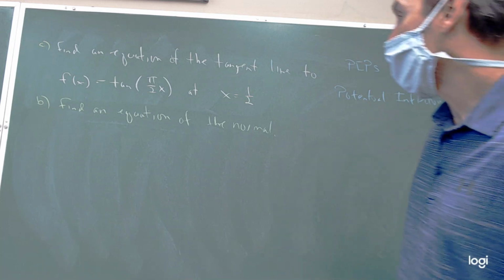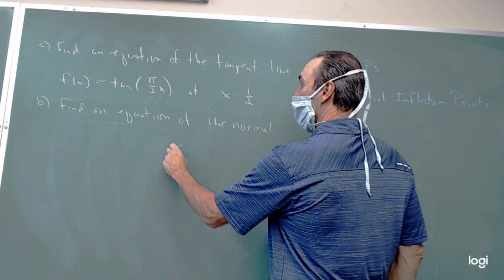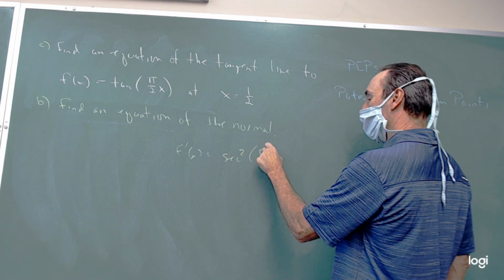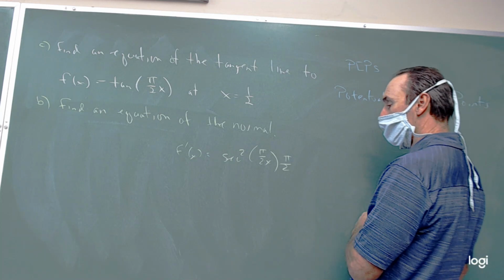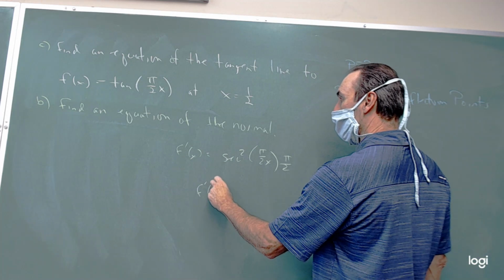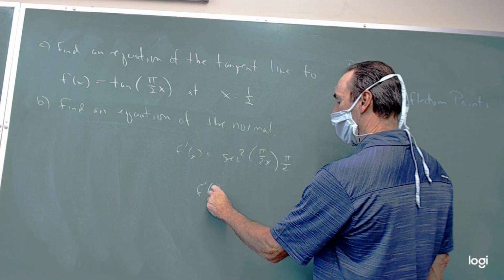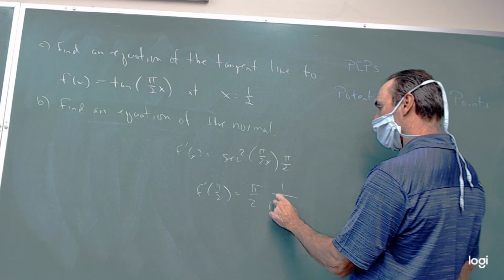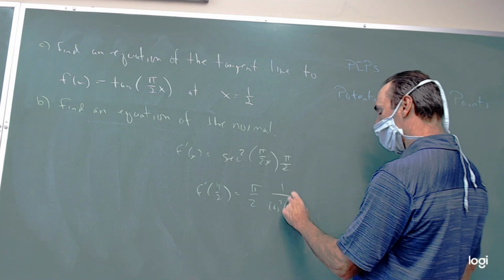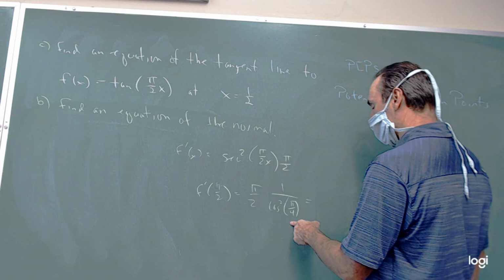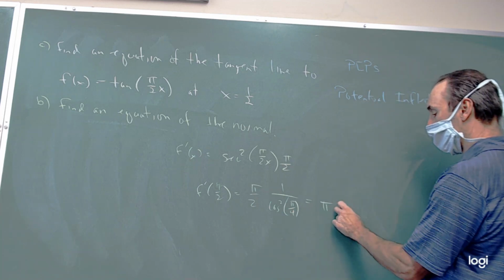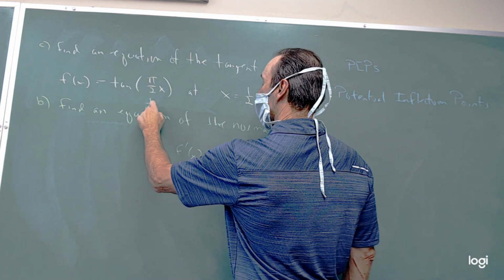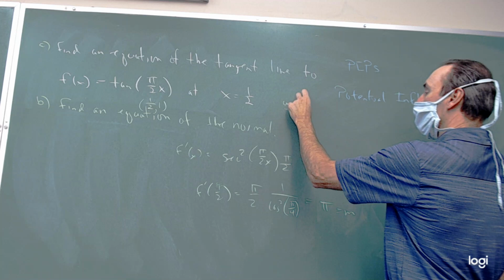Okay, we are getting that f prime of x is going to be secant squared of pi over 2x times pi over 2 from the chain rule. When we evaluate that at 1/2, we're going to get pi over 2 times 1 over cosine squared of pi over 4. And that is going to turn out to be just pi. That is going to be our slope. When we plug this in, the tangent of pi over 4 is 1. So we have y minus 1 is